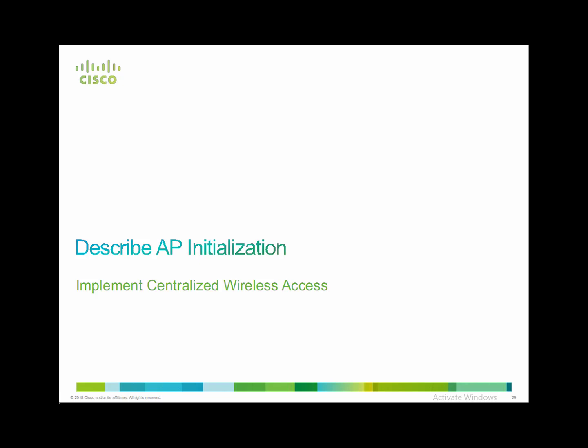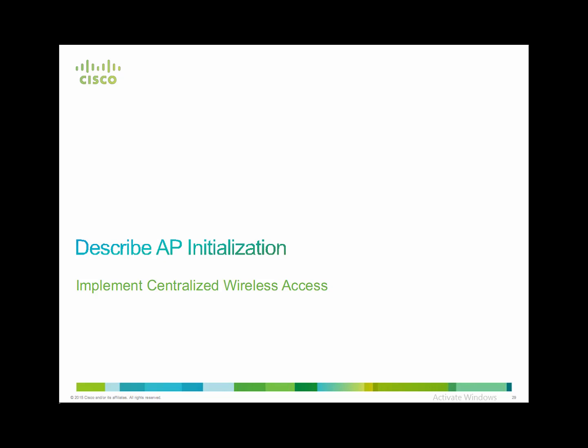All right, lesson number 2 in this module, we're going to talk about describing how APs initialize, get their initial configuration, what the discovery process is. We talked about that a little bit already, the basic discovery process, but now we need to get into some of the details, because a lot of times when you're doing a new deployment, one of the things that you run into quite a bit is the inability to get the APs to actually recognize the controller and join the actual network. So that's what this lesson is all about, understanding that process, how the process occurs,